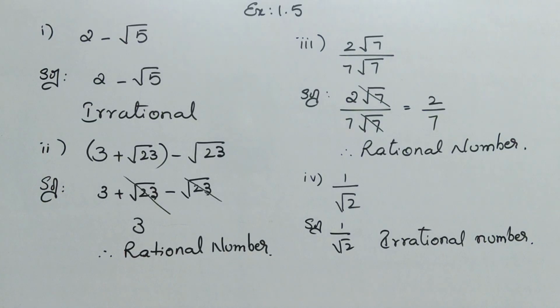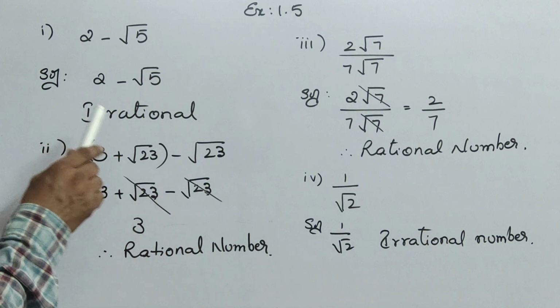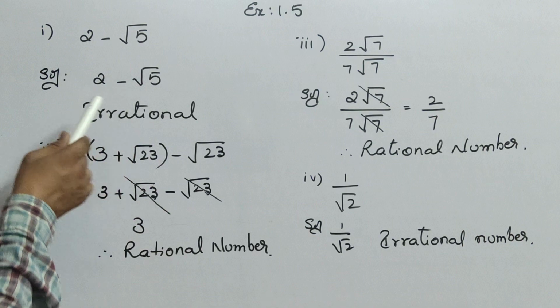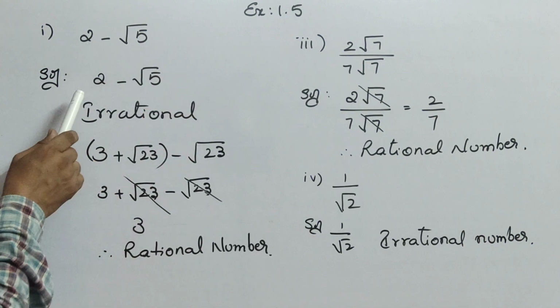Okay. Next. What is the fifth question, children? 2 pi. Okay, the fifth question is 2 pi. See here. You can write in the examination. Suppose if you want to write more, if you understand it is clear. Otherwise we can write the solution in another way also.